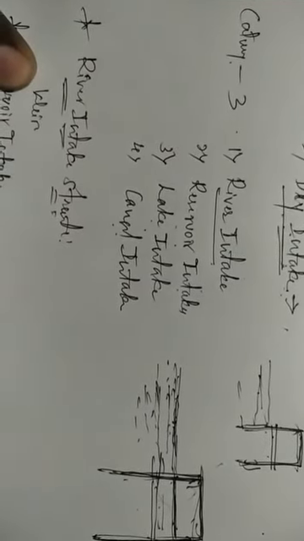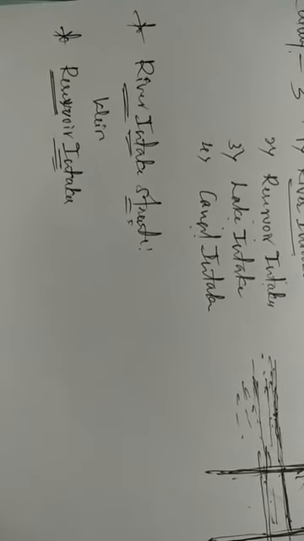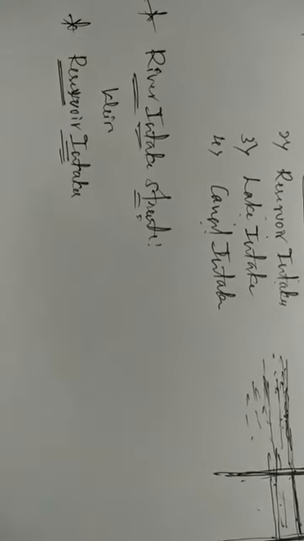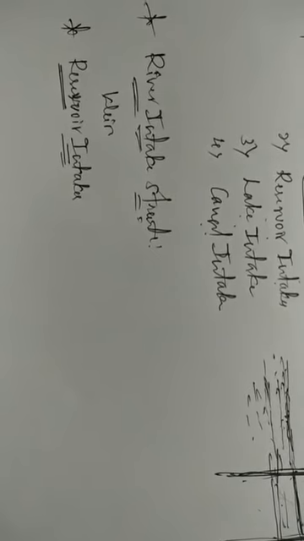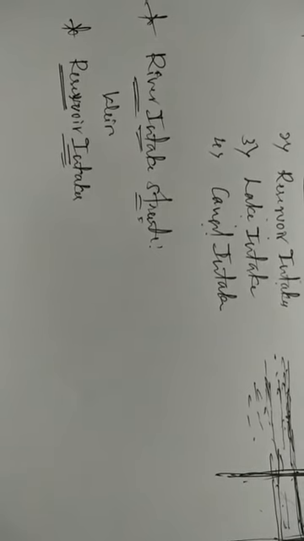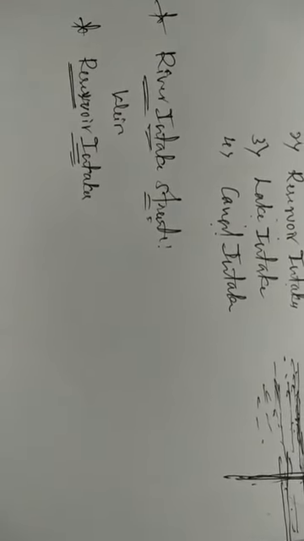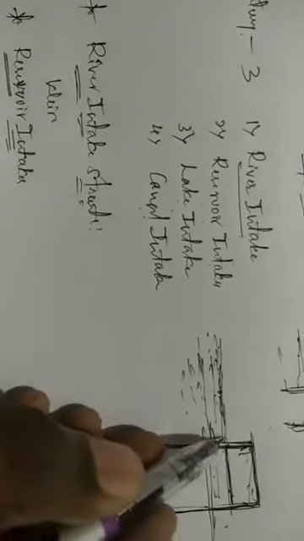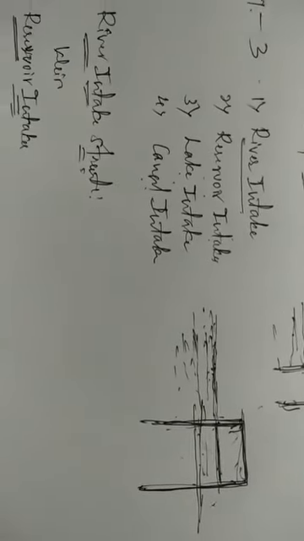River intakes. The river intake structure is also a type of intake tower. It should be located inside the river water, so that the demand for water can be accomplished. To withdraw a sufficient quantity of water, we construct some type of intake structure inside the river, and these are called river intake structures.